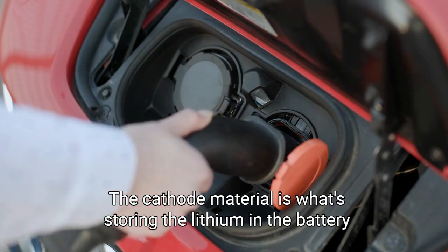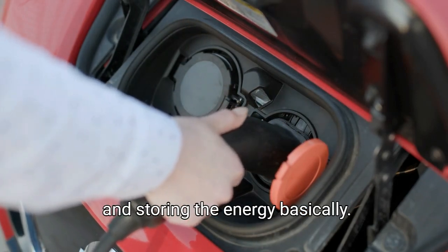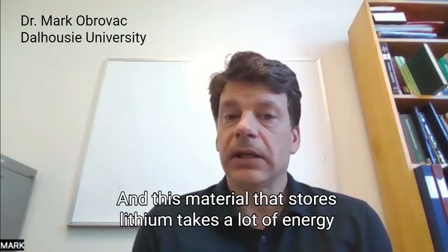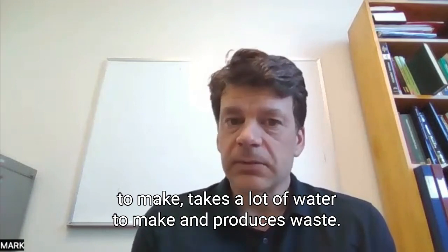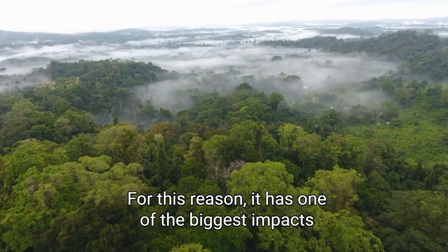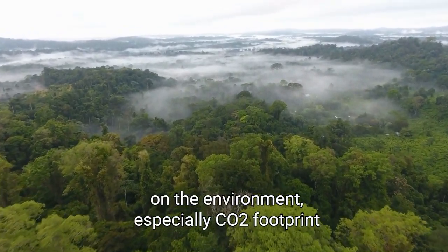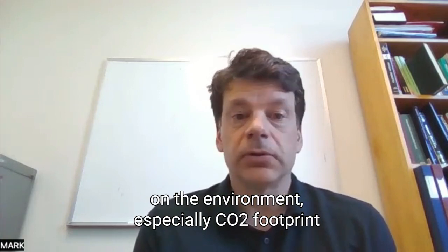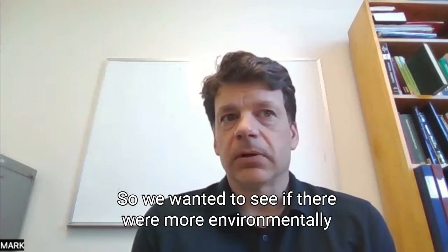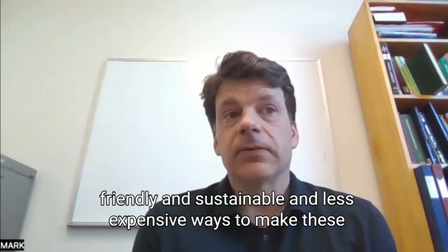The cathode material is what's storing the lithium in the battery and storing the energy, basically. And this material that stores lithium takes a lot of energy to make, takes a lot of water to make, it produces waste. For this reason, it has one of the biggest impacts on the environment, especially the CO2 footprint of the lithium-ion battery. So we wanted to see if there were more environmentally friendly and sustainable and less expensive ways